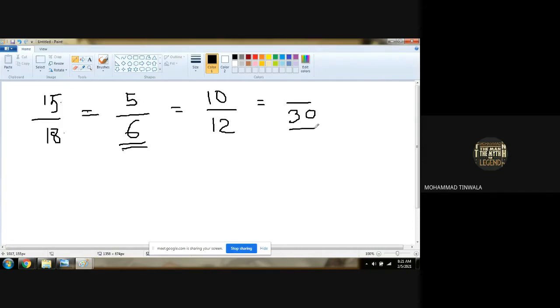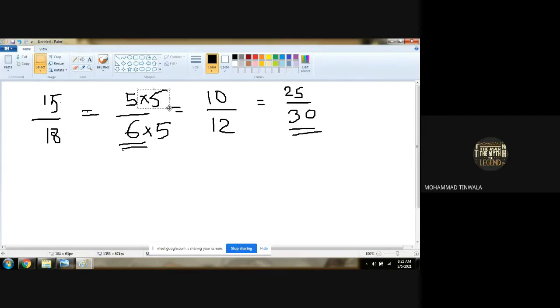Now this also has to be prepared equivalent. So 6 and 30 are in the denominator. So 6 how many is 30? Say the table of 6. Sir, 6 5s are 30. So if 5 is multiplying in the denominator, 5 will be multiplied in the numerator also. So 5 5s are 25. Understood? Yes, sir.